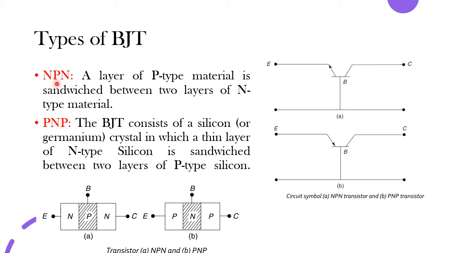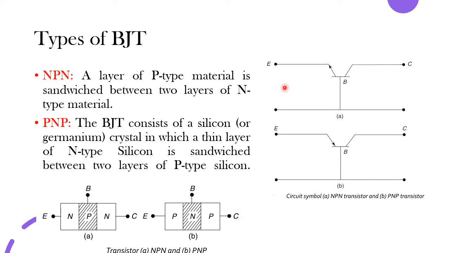So N junction, P junction, N junction. So here in between two N-type materials, the P junction is placed. So a P-type material is sandwiched between N-type materials, that is NPN. Here in PNP, the N-type material is sandwiched between two P-type materials, that is called PNP. So it is represented by this: P, N, P, N. Here this N is the emitter, the center part is base and this N is collector. If it is a PNP transistor, this is its emitter, here it is base and this is collector.